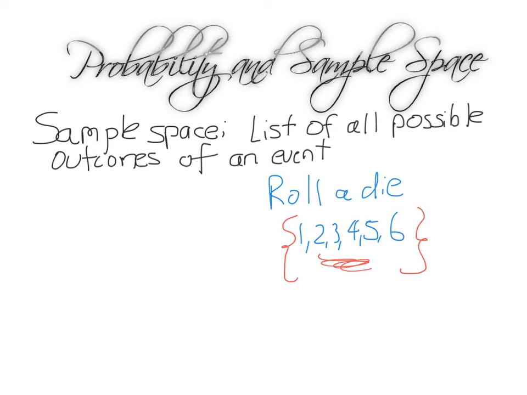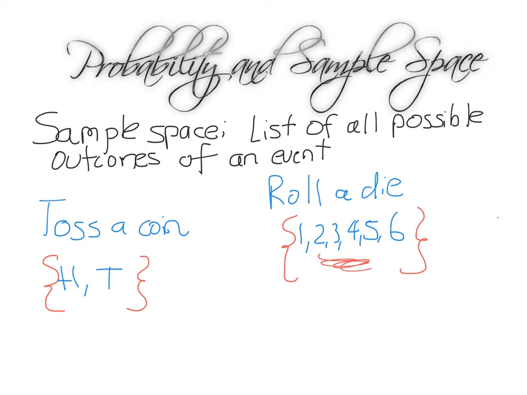Now this is really important, because next lesson when we actually go to finding numbers, making probabilities into numbers, you will need to know how many possible outcomes there are. So I know you probably already knew this, but we can see very clearly from the sample space I just wrote on the screen that there are 6 possible outcomes. Okay, so what would be the sample space if I toss a coin? Why don't you go and try and write this down? Then I'm going to put the answer on this screen in about 5 seconds, so pause it and see if you got the right answer. Okay, so here's the answer. Toss a coin, I just wrote H for heads, T for tails. There's only 2 possible outcomes.